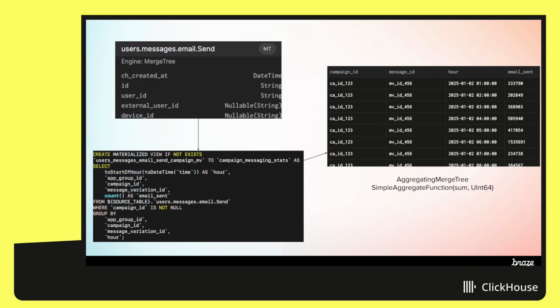How we do this, this pattern is probably familiar to a lot of people here. It's the classic raw event table, materialized view, aggregate table pattern. Email sends, which I've been talking about, is the example. The events coming from Kafka are just stored as is in the raw event table. The materialized view, I don't know if people can see it, is just an hourly roll-up of messaging stats, and then we store those in the aggregate table.